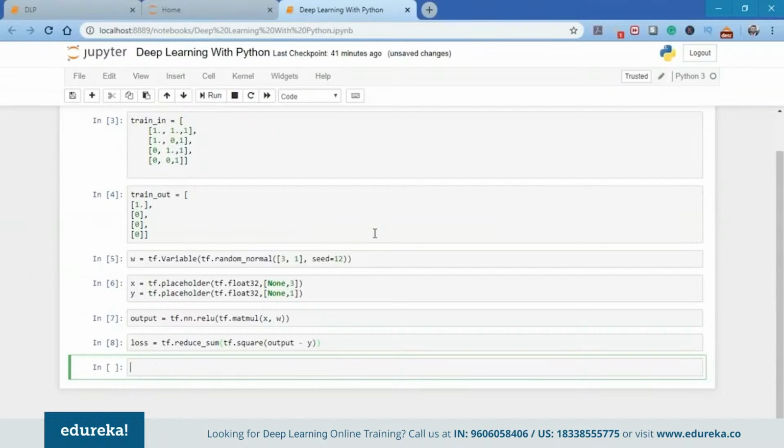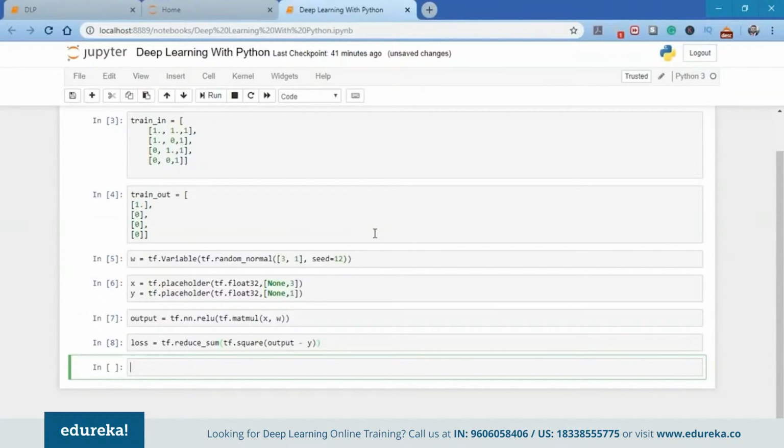Now, another important thing to note here is that what we need to do is minimize the error. So TensorFlow, the deep learning library, provides optimizers that slowly change each variable, that is the weights and the biases, in order to minimize the loss in successive iterations. One of the simplest optimizers available here is the gradient descent optimizer, which I'll be using in this case.